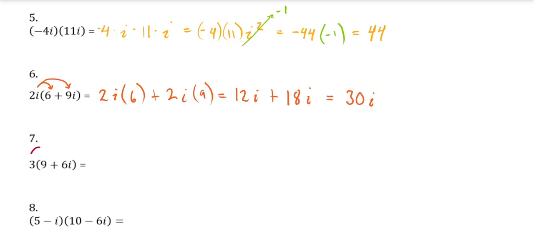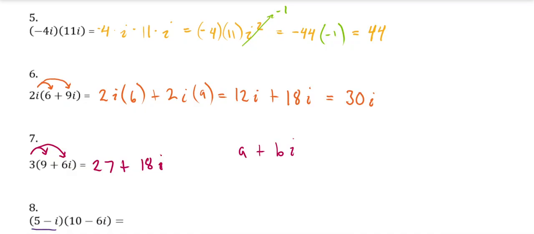Here we have another one, but we are distributing a 3 against both terms. This is going to give me 27 plus 18i. There's no way to continue to reduce this because the i's and the not i's are not really like terms. So we just leave it like this as the end result. As long as your number is in the form a plus bi, we can count this as an answer, a complex valued answer. Finally, to square away real, general, complex multiplication of two complex numbers, a plus bi and c plus di,